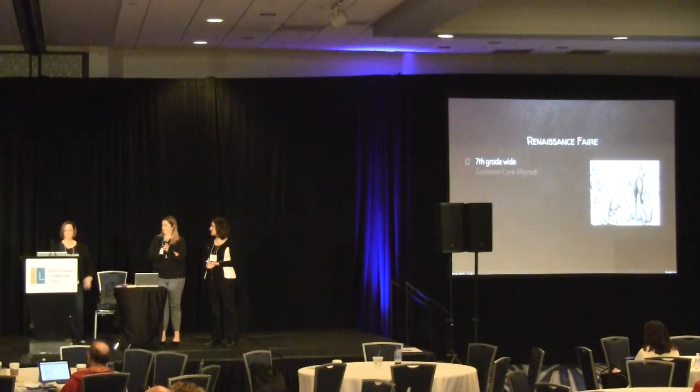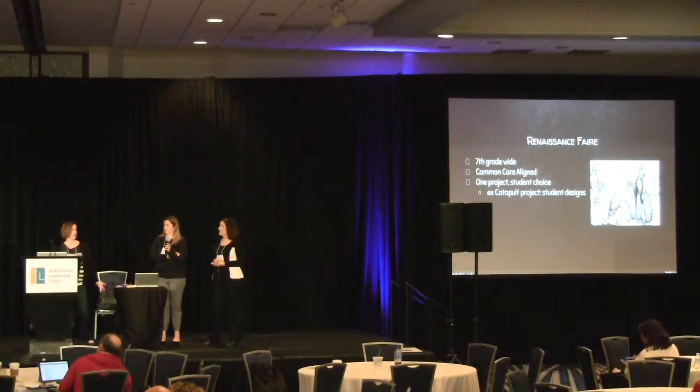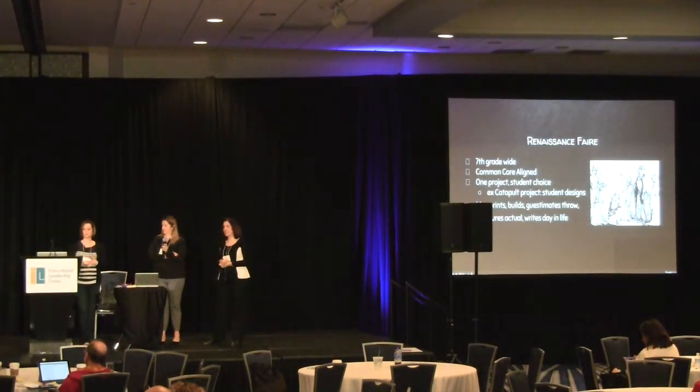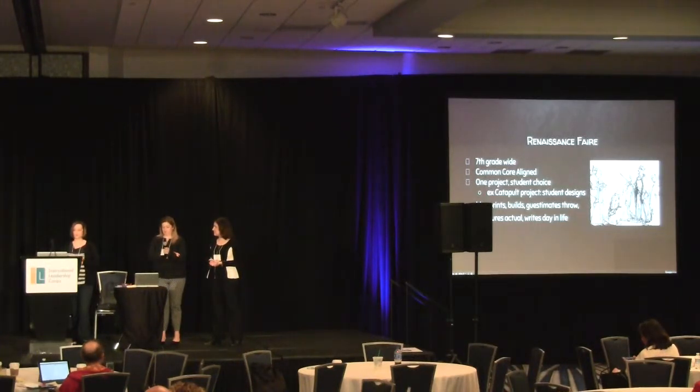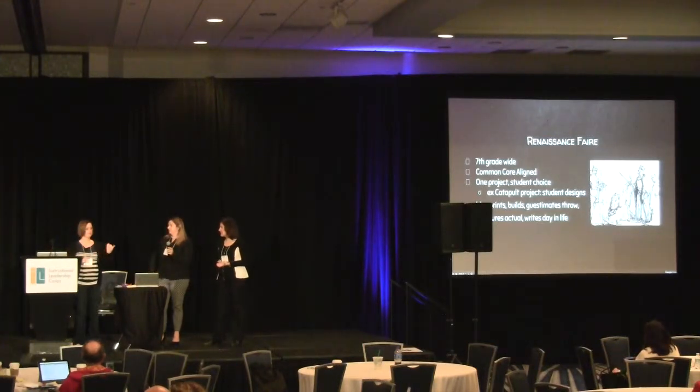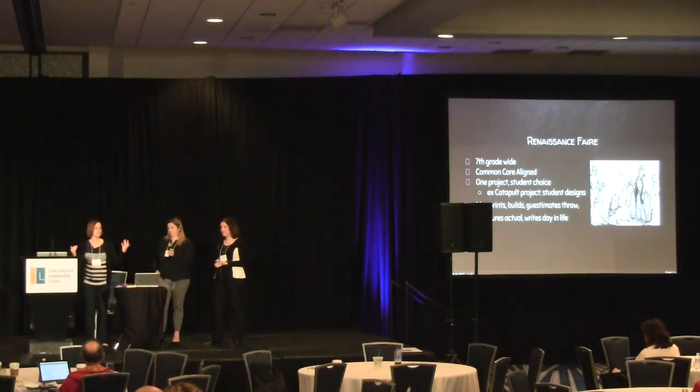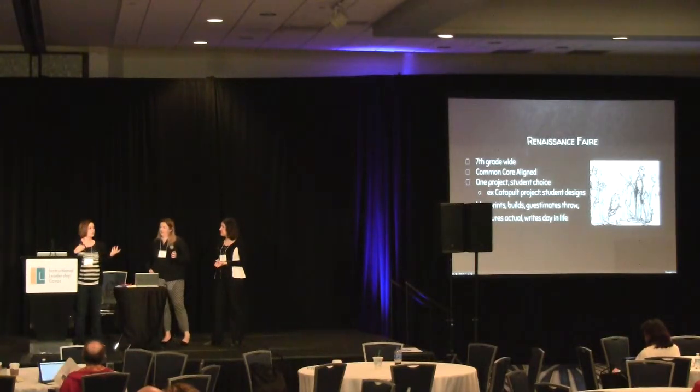The last one for me is one we're doing 7th grade wide, and we're doing a Renaissance fair as a performance task. That is our final this year, school-wide 7th grade. It's Common Core aligned. We were just talking about this the other day. They're having choices on which performance tasks they're going to do. Each performance task touches on math, science, history, and English. And so we all have the same, yes, isn't that brilliant? And you can steal this, and I will give it to you once it's done. We're still working on it, but the 8th grade kids go away. We are having a fair.